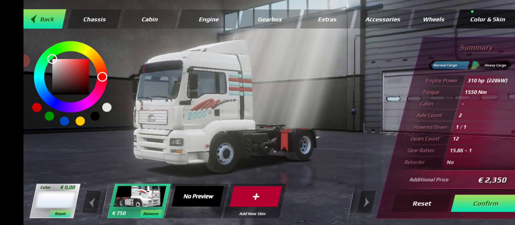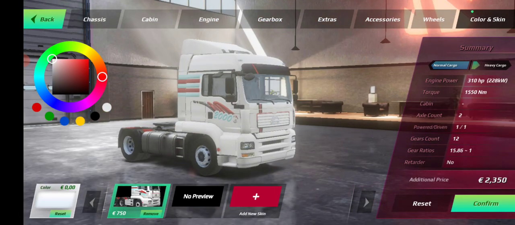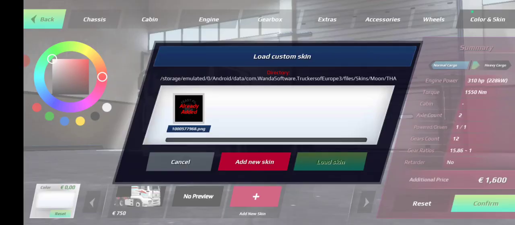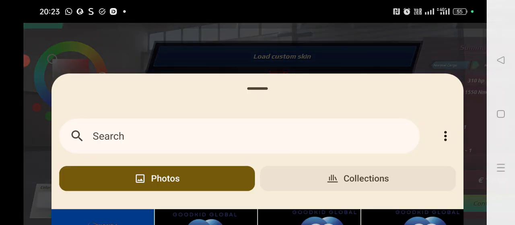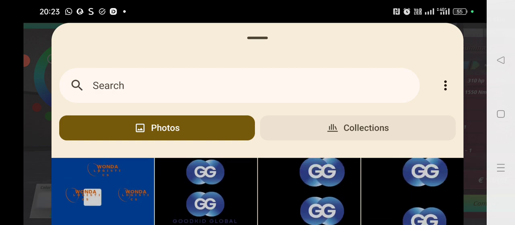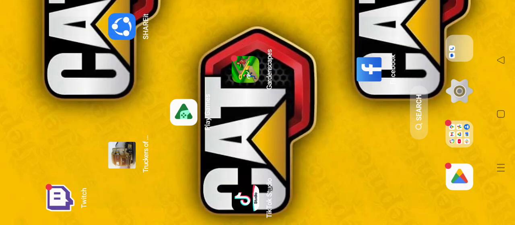Remember, they have their own skin. This is their own skin, eh? But we're gonna remove their own skin and put our own skin. So we're gonna say add, and then we're gonna say add new skin. So what I'm going to do is skip this app